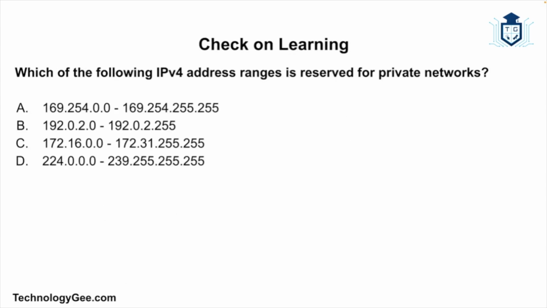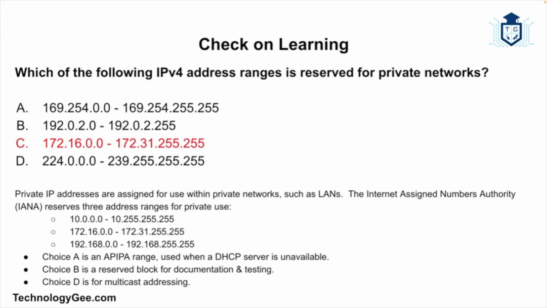All right, so that was a lot of information. So let's go ahead and do a check on learning exercise real quick. The first question is, which of the following IP version 4 address ranges is reserved for private networks? Would it be 169.254.0.0? Would it be 192.0.2.0? Would it be 172.16.0.0? Or would it be 224.0.0.0? And the correct answer is